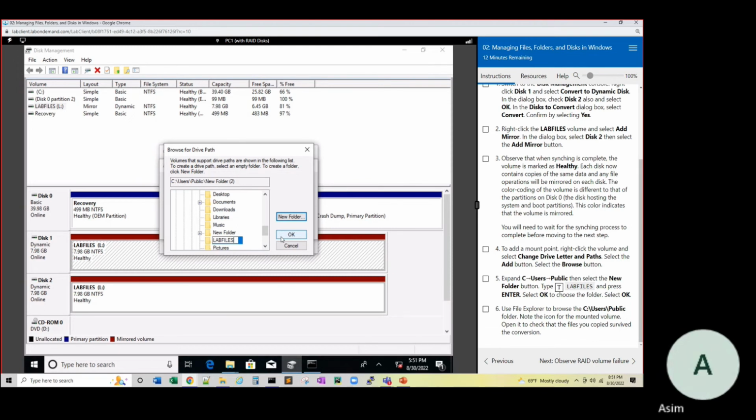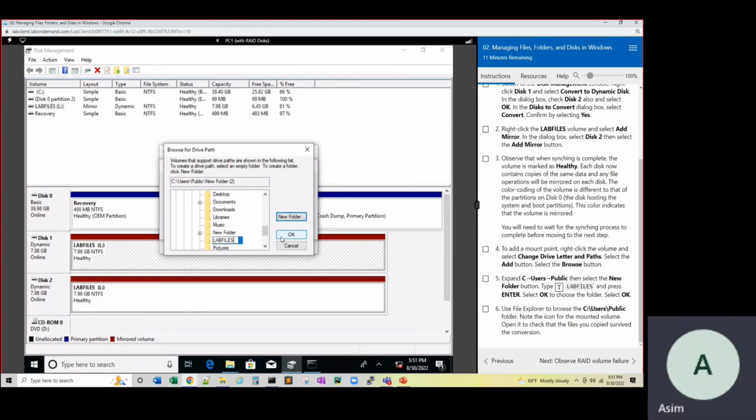It says to add mount point, right click volume. Yeah, so right click on the lab files, L drive, Lab files, and then you will see change drive letter and paths. Okay, on the lab files, and then